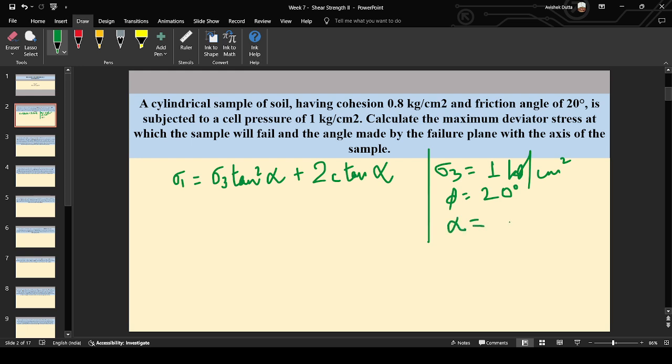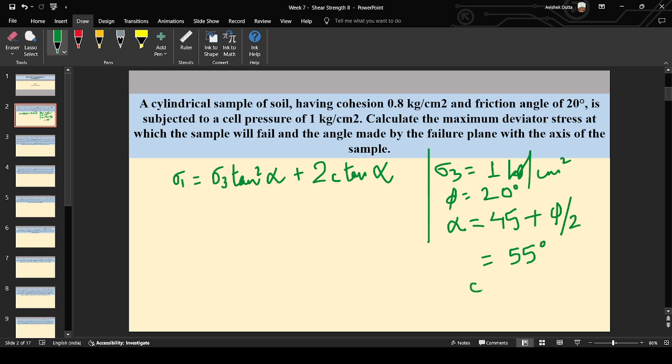The formula is 45 plus phi by 2. So here the angle alpha, that is the failure angle, we obtain as 55 degree,